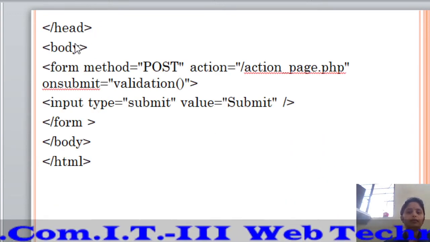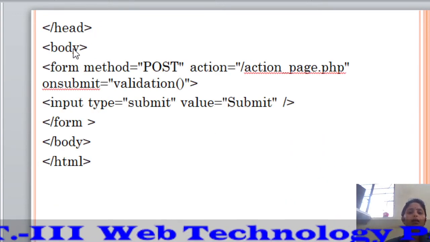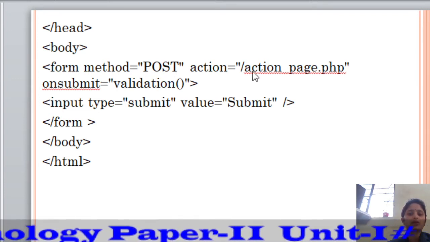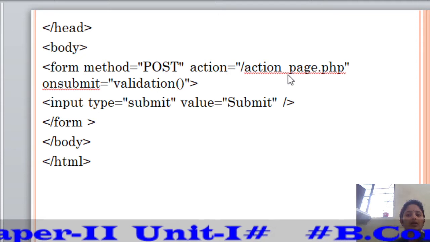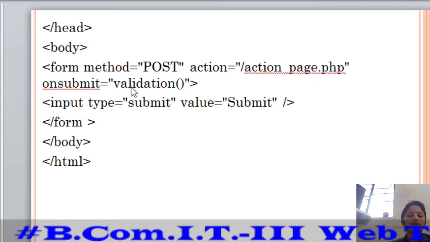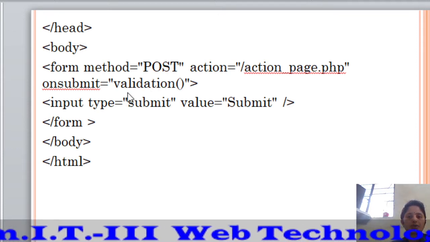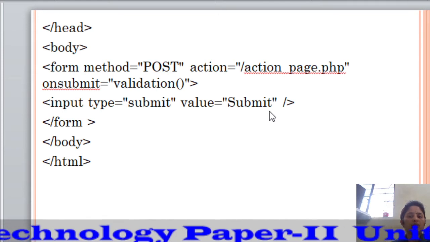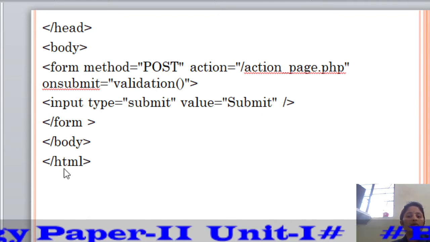Slash head, tag body. In the body I use the tag form. Method is equal to post, action is equal to slash action underscore page dot php. Onsubmit, name of the function. Here the name of the function is validation. Tag input type is equal to submit and value is equal to submit. End of the form, end of the body, end of the html.